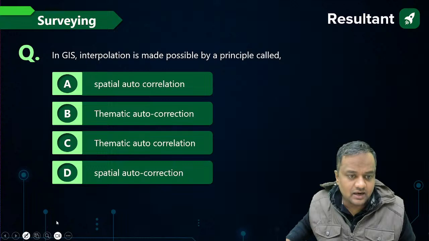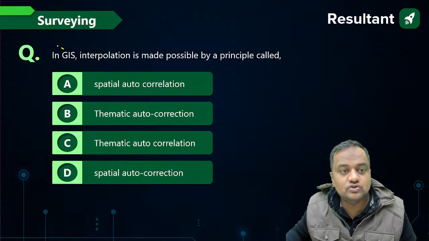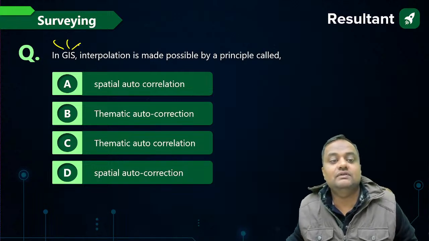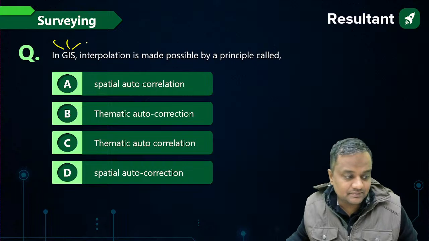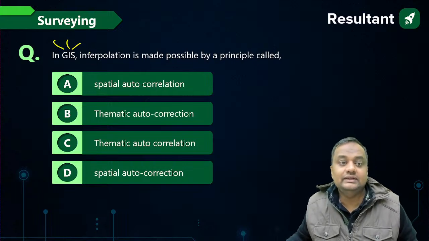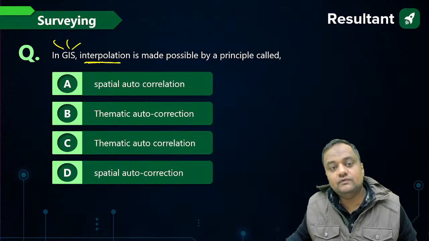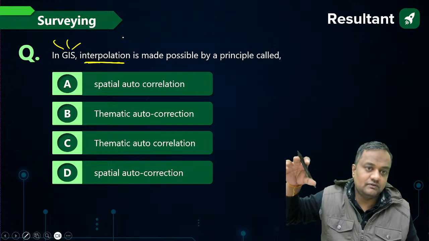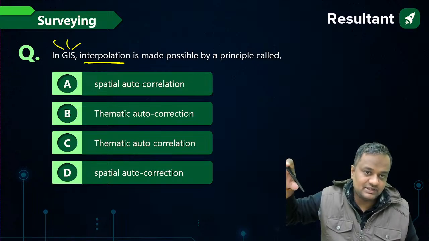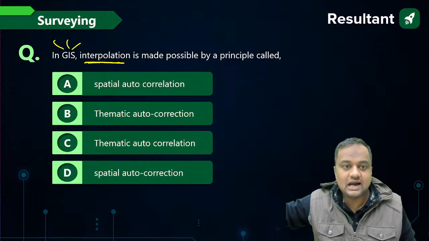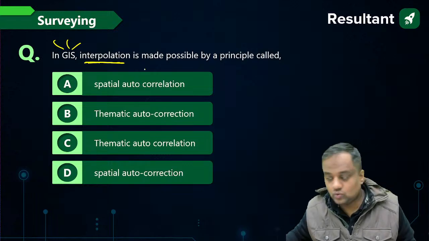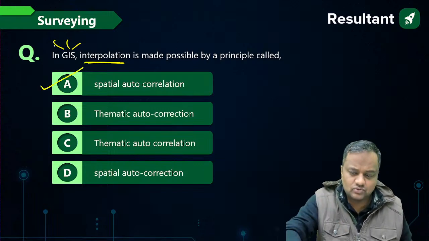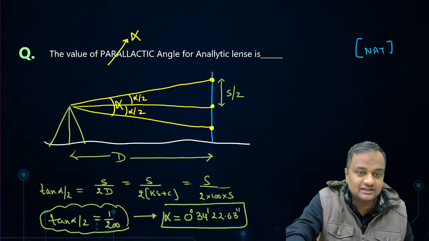Now let us do some 1 mark questions, guys. GIS is Geographic Information System. GIS, whatever geographical data we have, it analyzes, maps and tools that data. So in interpolation of any geographical reference data, suppose here there are a lot of vehicles, so traffic will be jammed. Our GPS will show us a larger time to reach the destination. What is this principle called? It is spatial autocorrelation. That is a database question. You have to remember it. There is no concept like this to solve.